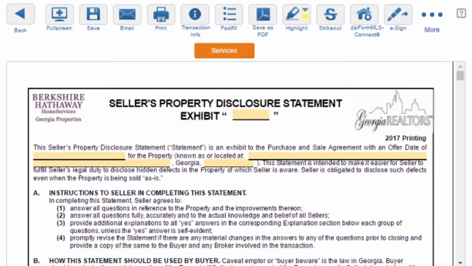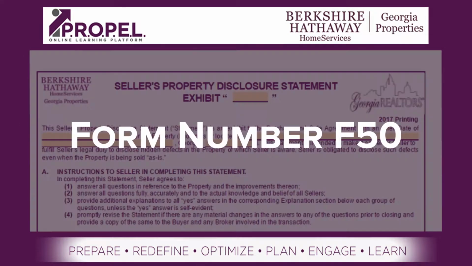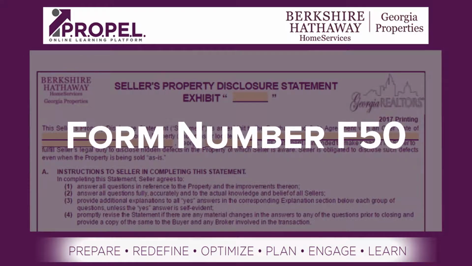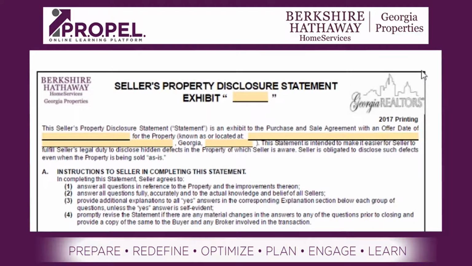I just wanted to spend a few minutes to talk to you about the seller's property disclosure statement that goes with the GAR forms and the contracts. The actual form number is F50, and I want to really stress the importance of how we fill this out and the things that you need to do on it and the things that your seller needs to do